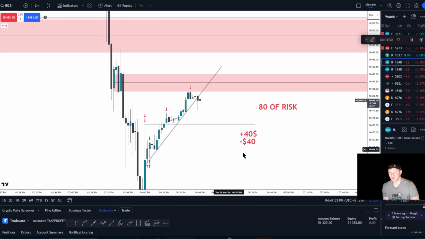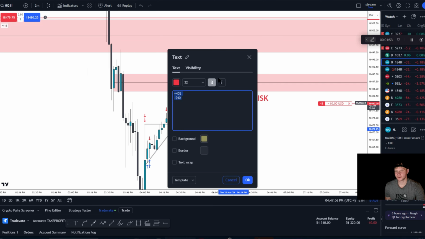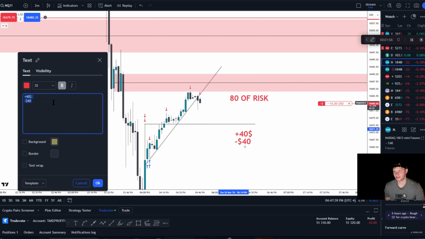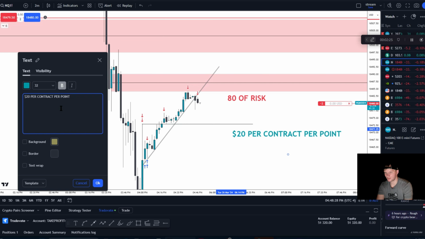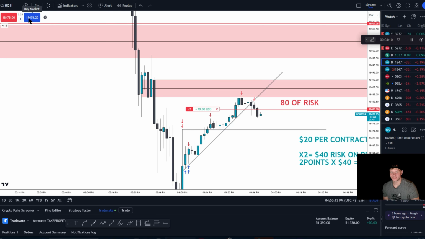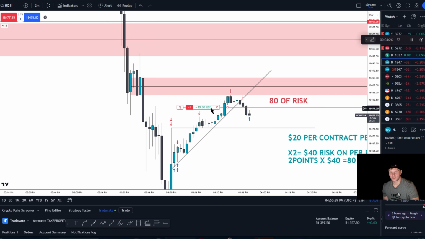If I enter 2 contracts, that is a total of $80 of risk because each contract has a point value of $20, right? And I have 2 contracts times 2. That means I have $40 of risk per point. That means to have $80 of risk, I would be risking 2 points. Cool. Now it's going to let me take one off at 1R, which would be $40 profit. Boom. Took it off. I only have now a remaining 1 contract with a stop that is 2 points away.